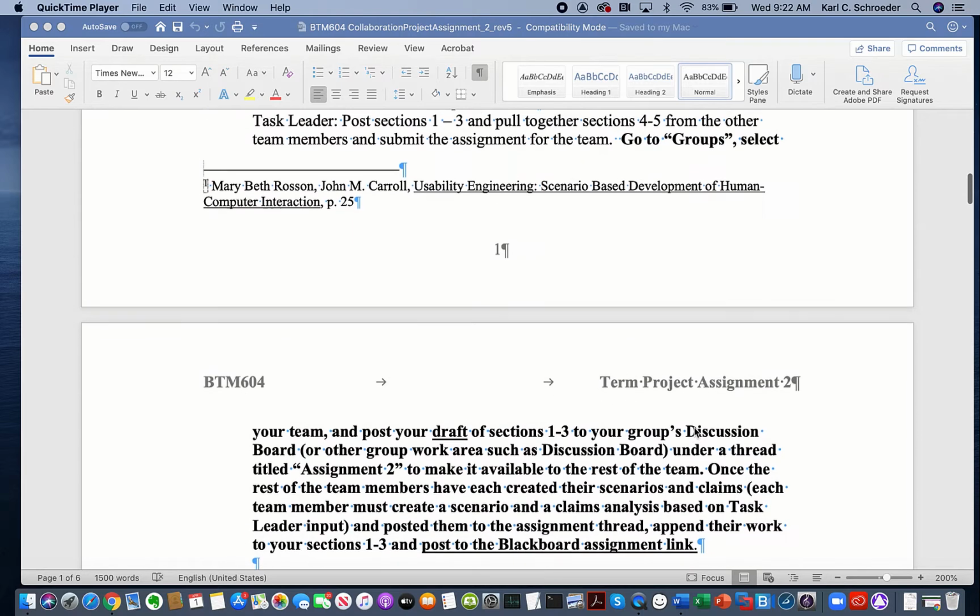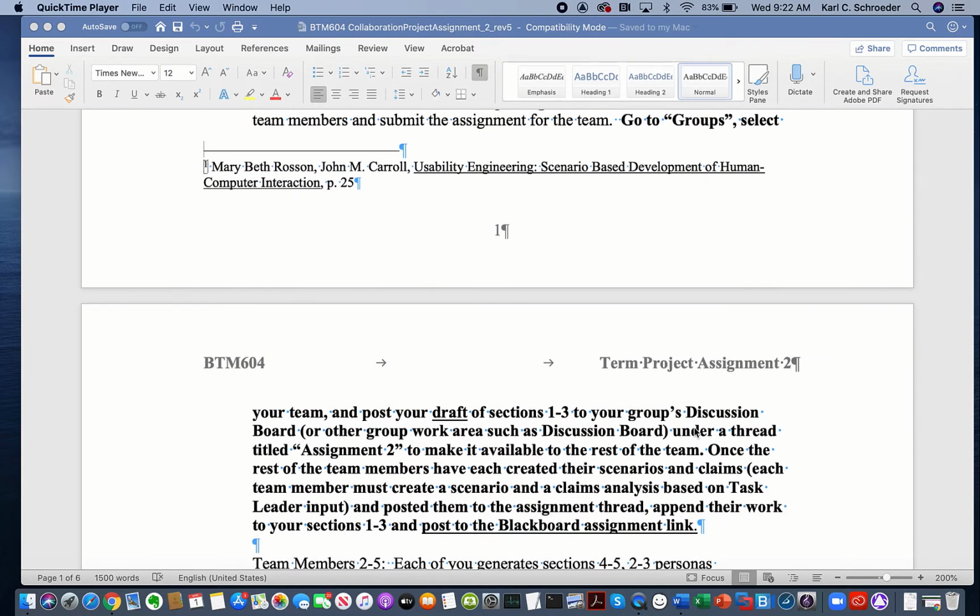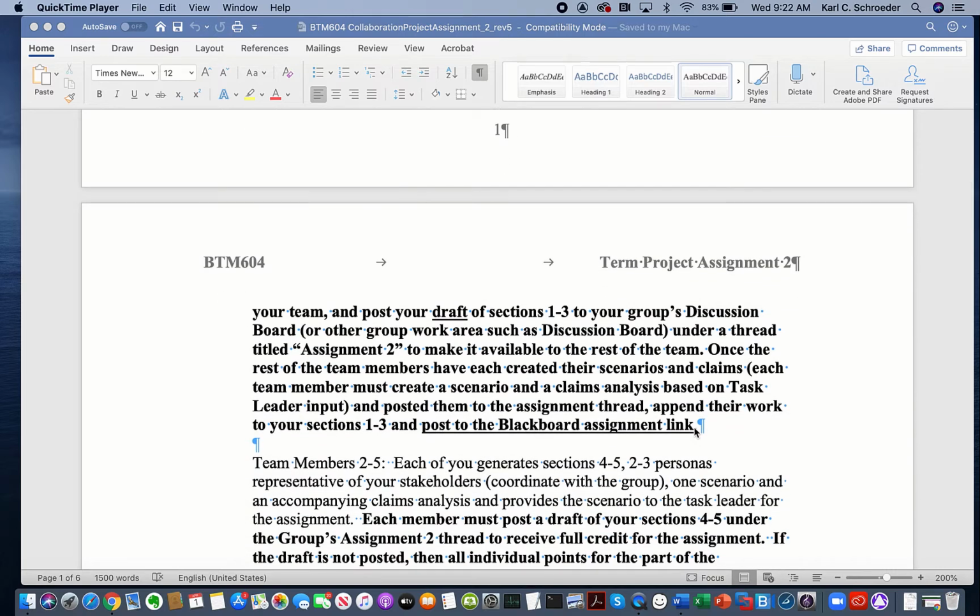So some specific instructions that I give you here: go to groups, select your team, and post your draft, if you're the task leader, of sections 1 through 3 to your group's discussion board. If you want to use the file sharing thing, that's fine too. Just use the resources available to your group under Blackboard to share with your team members. Put it under a thread titled Assignment 2